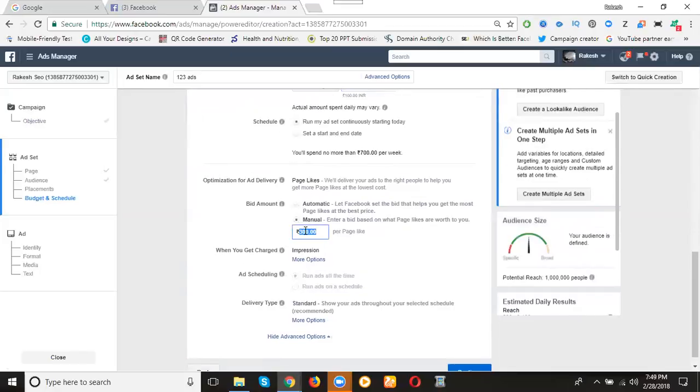How much do they give? 300. We can give 0.25 per like. How much do they charge per like? 20 paisa per page like. Each like, we can give the manual pricing here. Suppose we click automatic, they charge automatically. I can give the manual price. How much? 0.20 paisa. Now here, when you get charged, it is nothing but our impression or